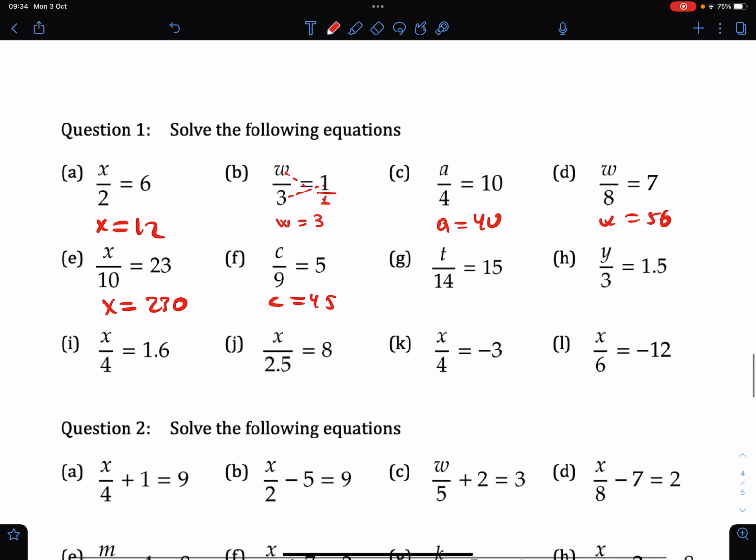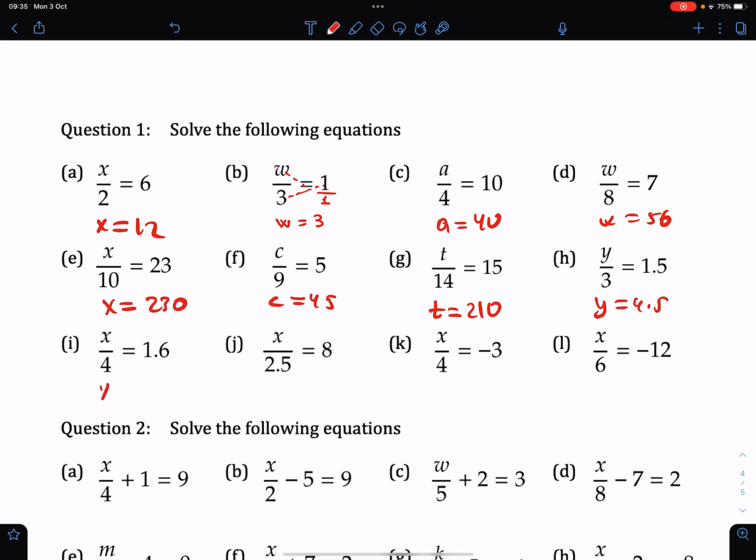45. 18. 110. No, she's saying 210. 210. Y over 3 equals 1.5. Y would be